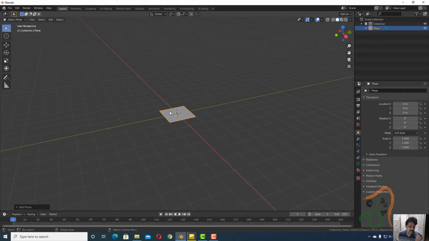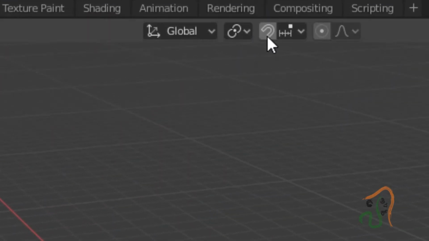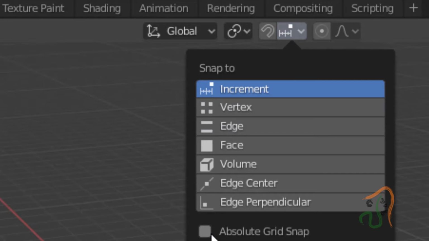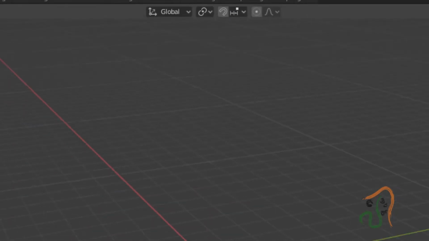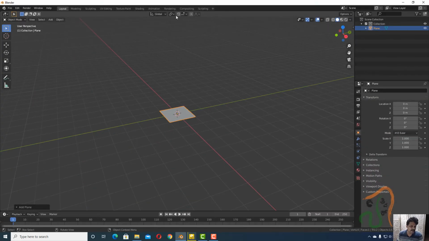So when it is scaling, come to the snapping option over here and see that absolute grid snap is switched on here. So let us switch it on, and then to activate snap here, the keyboard shortcut is Shift plus Tab.